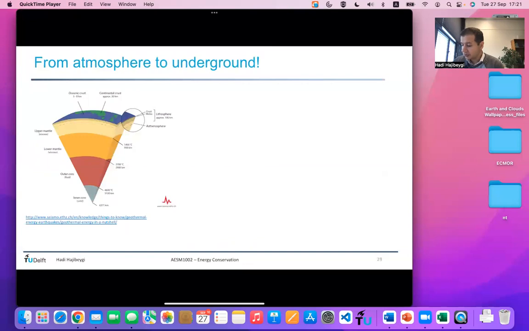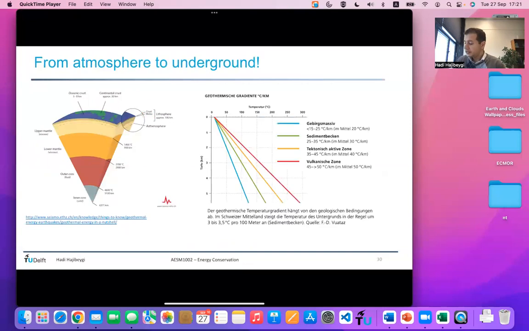If we look into the Earth crust, which is the upper part of the Earth, we see that when we dig deep in the Earth, temperature of the Earth layers increase and increase and increase. Depending on where you are, the slope can be steep, it can be slow. So there are cases in which you can go, let's say, 2 kilometers under the ground. Some places you can get 100 degrees rocks. In some other cases, you may get nearly 50-degree rock, depending on whether you are in volcanic zone, non-volcanic zone, etc.